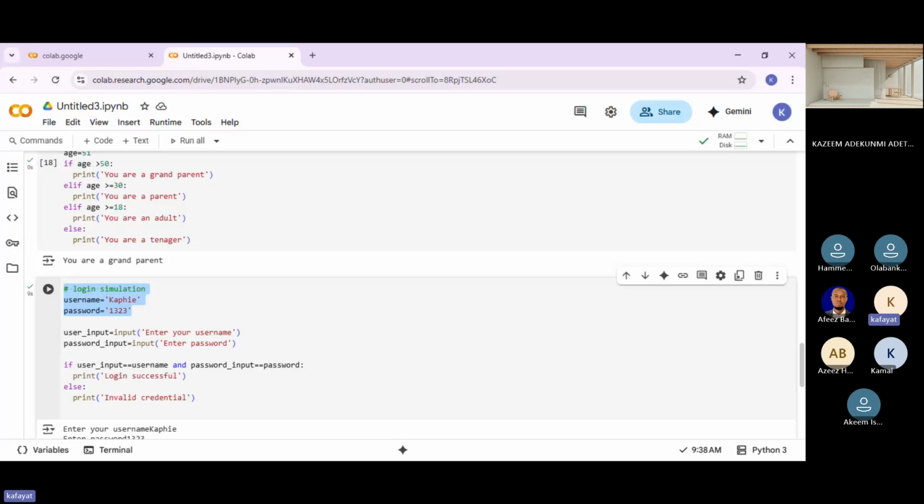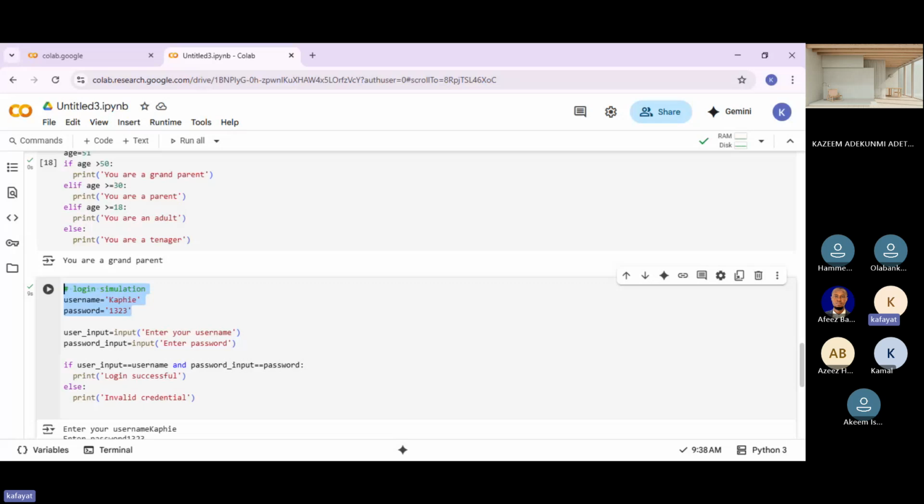Now I want to simulate a login application, so once you log in, you check: does the input I pass to my login details match the credentials I set aside? This is my credentials.